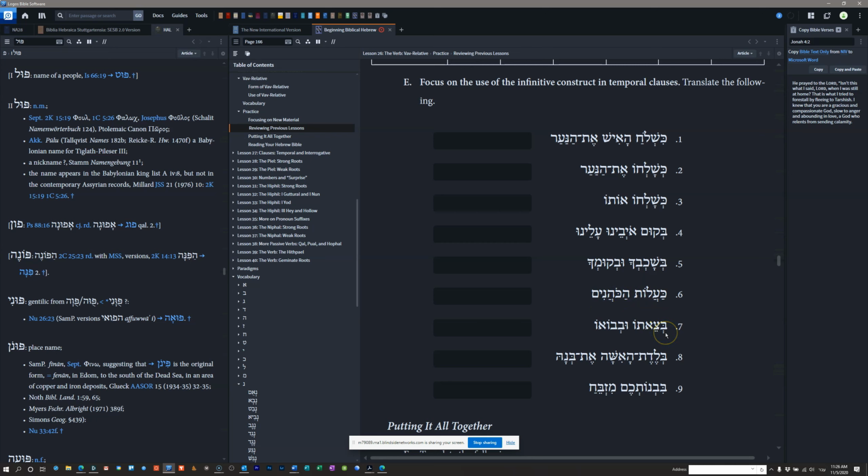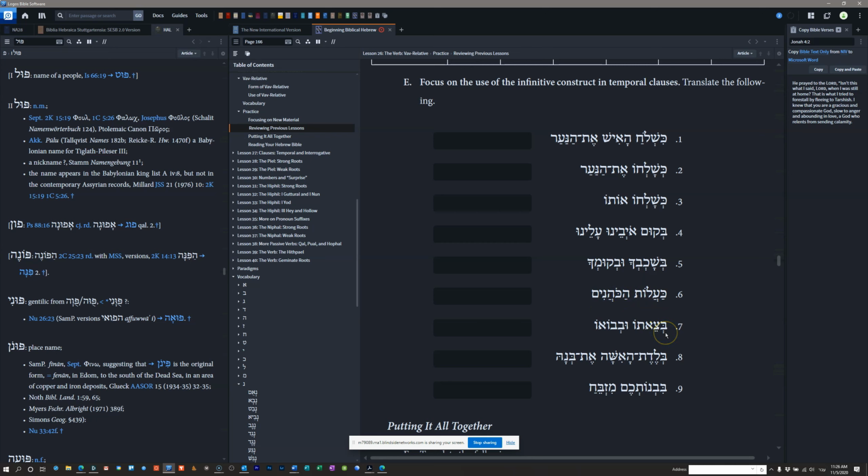Giborei, the Gibor is the mighty ones or the warriors. Giborei, this is in construct, the mighty ones of the nations. So the warriors of the nations went up from Hayam, the sea,